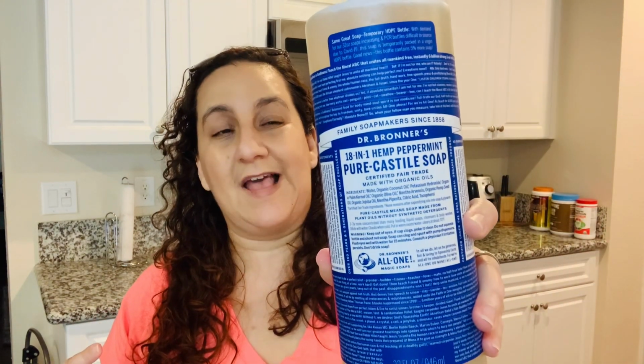And let me get rid of this bag. There's so many bags. Okay, still sticking with TJ Maxx. Now, guys, this was like a mistaken identity situation. I was not gonna get it. You saw in the shop with me, I found the little ones and I was like, you know what? I'm gonna try it, see how it feels. Now this is the Dr. Bronner's 18-in-1 Hemp Peppermint Pure-Castile soap. Definitely wasn't gonna get it, but the reason why I did, this retails at $15